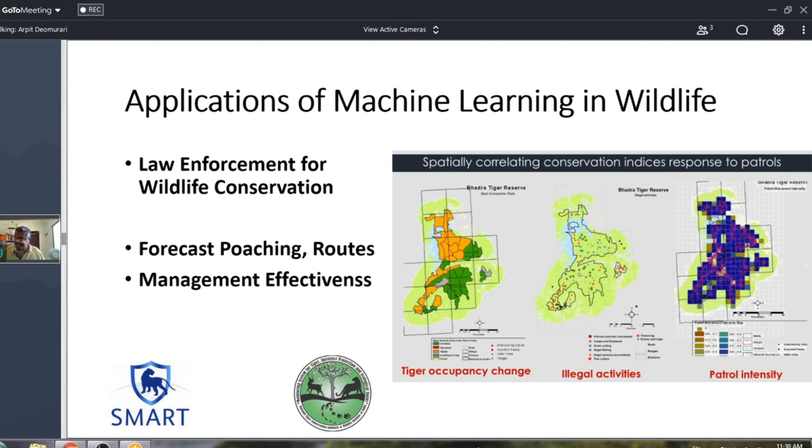But as with all humans, we sometimes become lazy. We prefer easy paths. We don't climb the hills, and all those kinds of things happen. So one of my friends actually developed this. He works with MIT. He's a chair of computer science, Milind, and we developed this together. So what it does, it takes the whole topography of your protected area, be it a wildlife sanctuary or a national park.